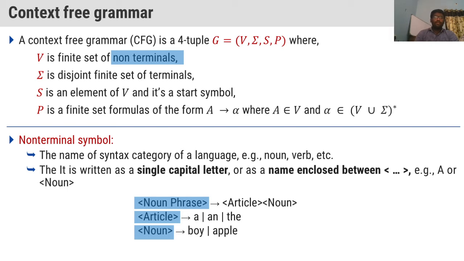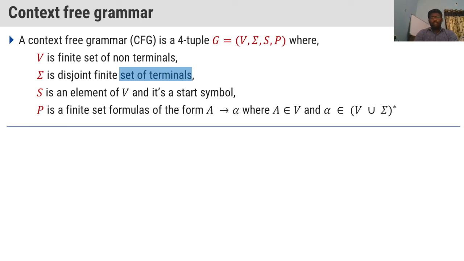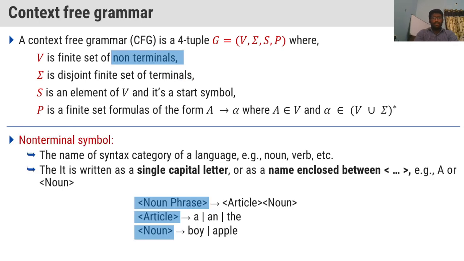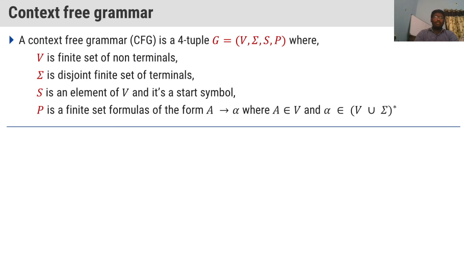So I told you in the previous discussions that if any symbol is generating some production, that will be called a non-terminal. If any symbol doesn't generate any other symbol or other production, that will be called a terminal, right? We will look at the terminals and understand in simple language. So hope you all understood what is non-terminal. Since article, noun phrase and noun are generating some productions, they are generating some symbols, that's why they are called non-terminals.